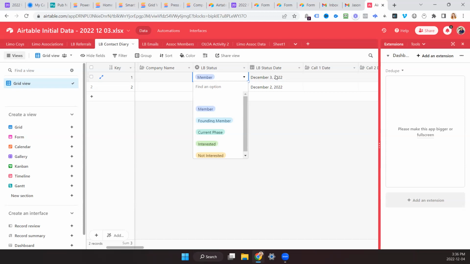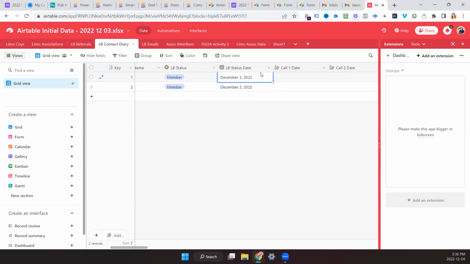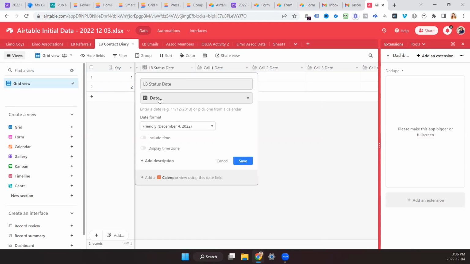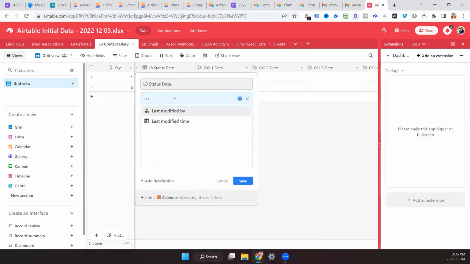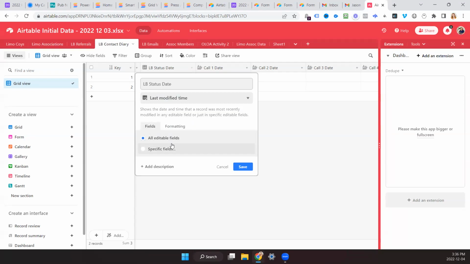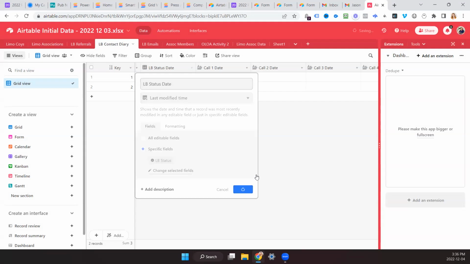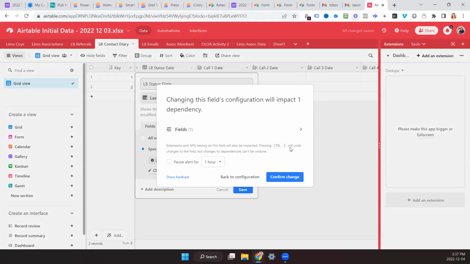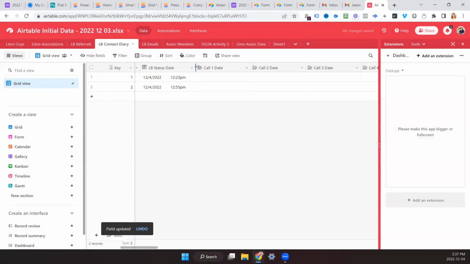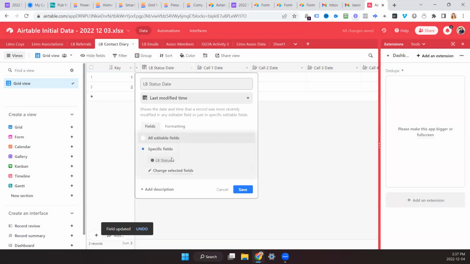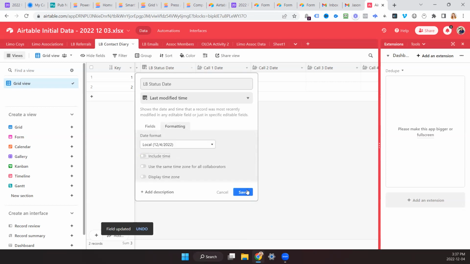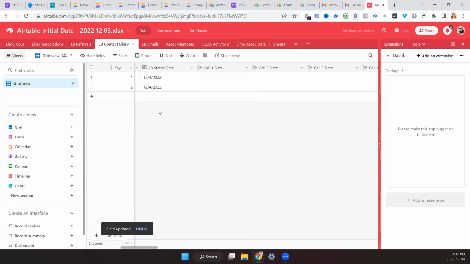Yeah, whenever I set the status, I'm gonna change that date. Okay, so I'm gonna automate this quickly. So we're going to do the last modified time again, but only if that changes, LB status. Right? So now you don't need to touch that. And we're changing the way this information registers. So we're going to do it like this. And we don't need the time, right? We can leave that out. Yeah, the time doesn't need to be in there.